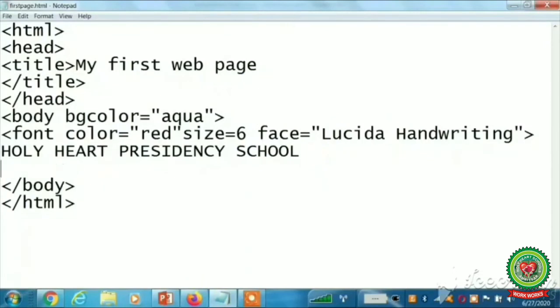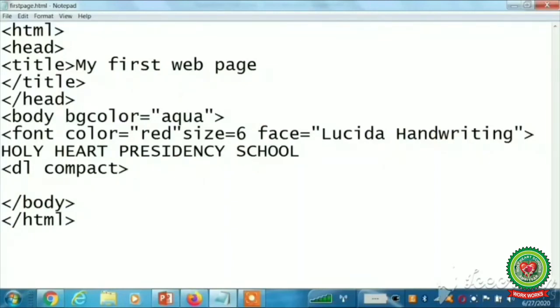See, after the text we will write DL tag. In the DL we will write compact, angular bracket close. Then we will start DT tag. In the DT we will write our term name, like I want to write the term, that is CU.